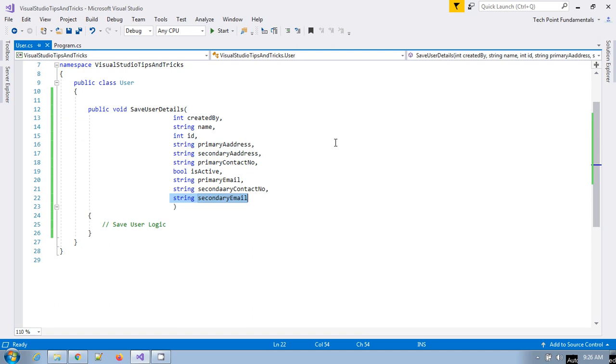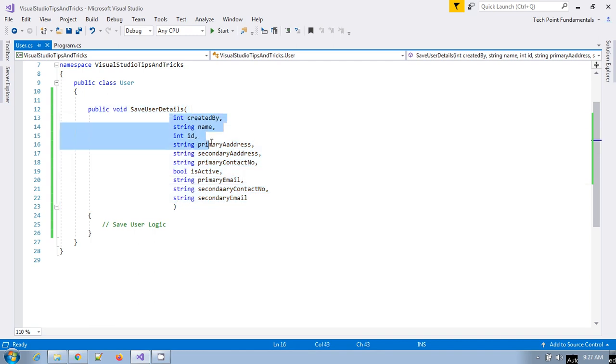So either you have to define that parameter as optional, or you have to change each and every place where this function is being used in the whole application, right? If you create a model, then there will be no impact, right? If you add a property in the existing model, then if a user is using it, they can go and get the parameter, otherwise they will just ignore it, right? I am just taking this example because sometimes we are not using that model, right? In that case, this is an example for that.